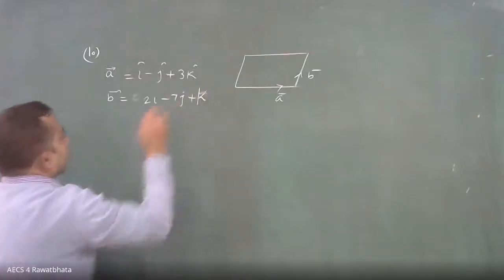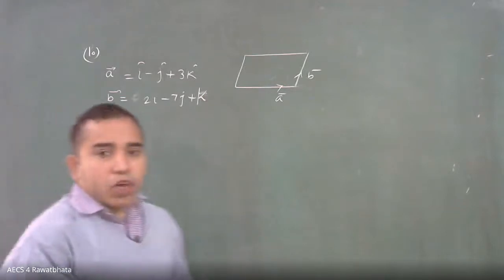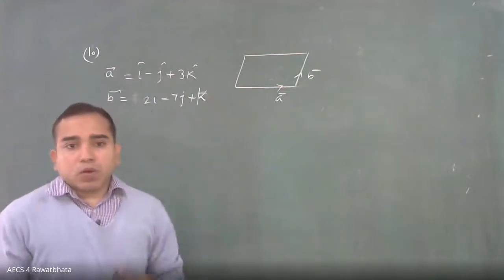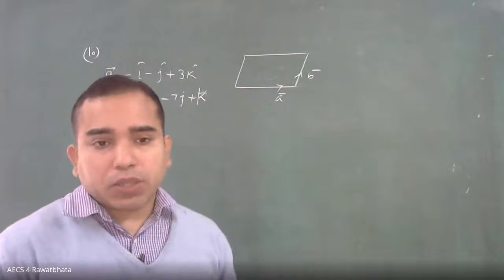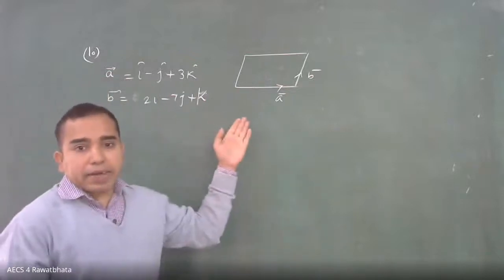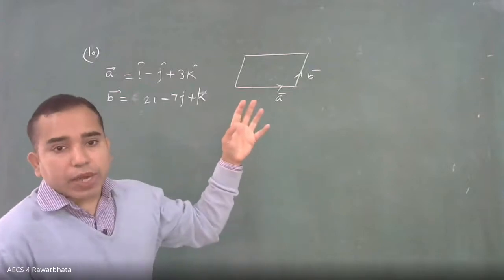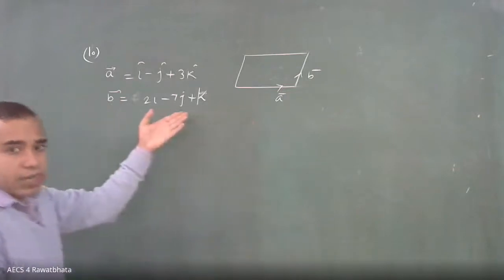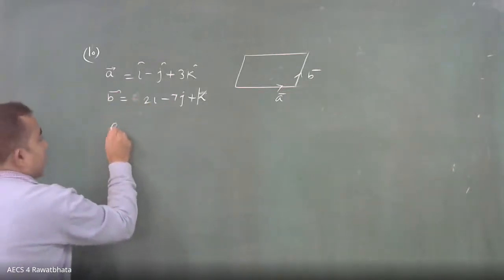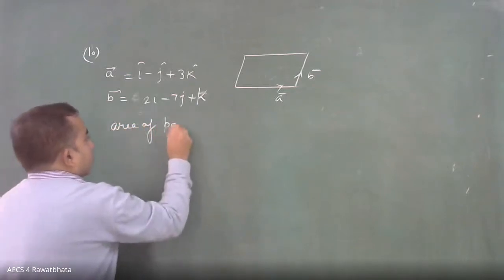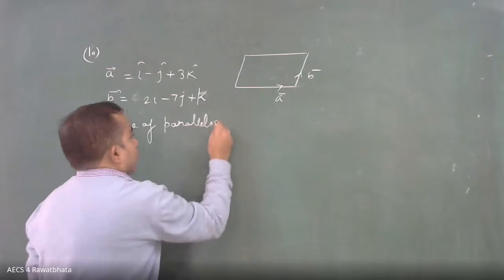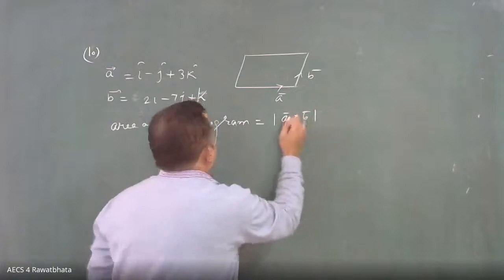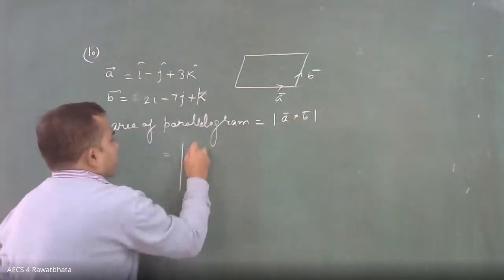Straight check. I'm getting correct. We have to find the area of the parallelogram whose adjacent sides are given. So what should I do, students? Now, A cross B magnitude, the formula is here, and directly side vectors are given. So you have to pay attention to the language, whether position vectors of vertices are given or side vectors are given. Here side vectors are directly given, so directly the cross product can be taken. So area of parallelogram will be the magnitude of A cross B vector. And here you can find the magnitude of this determinant.